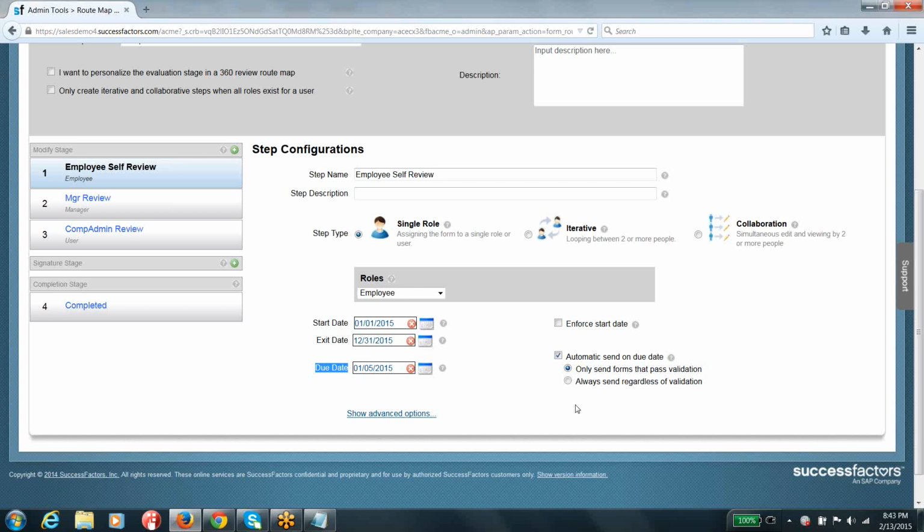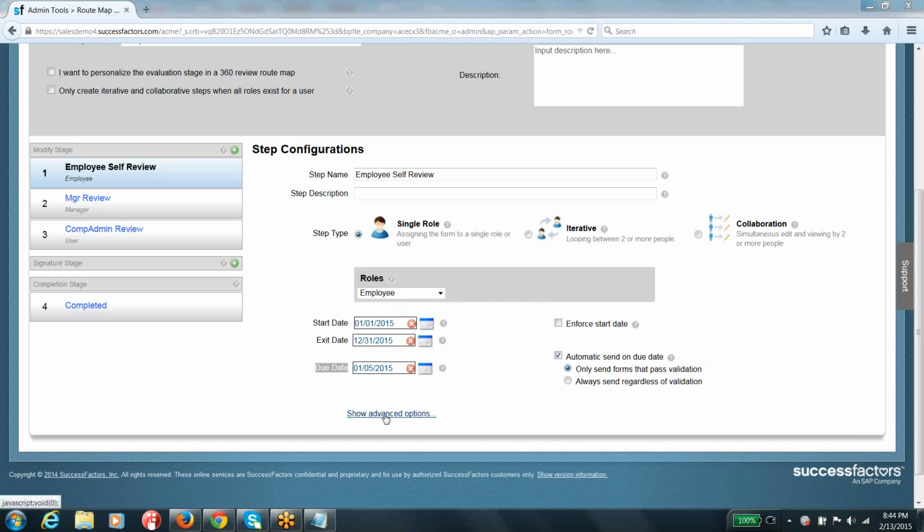So you can take either of these actions, and the form is going to be automatically sent to the next step, guys. So if the employee has not completed the self-evaluation, it will automatically send it if it's always sent regardless of validation. Yeah. Okay.